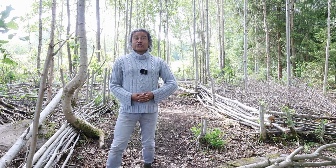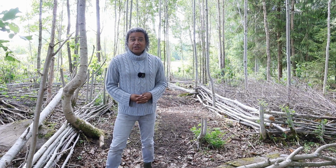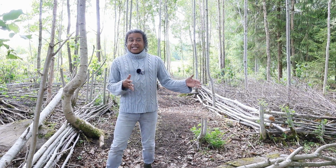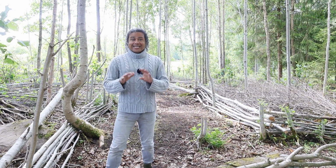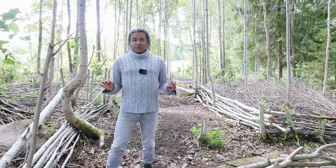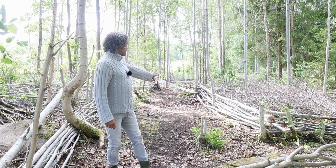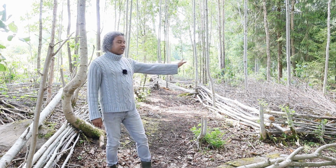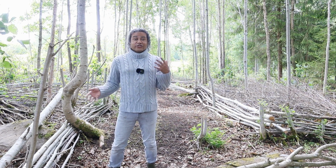Today we're out in the area of my garden called Crystal Woods, where I created a lot of new pathways during the winter so that I can get around and use the whole garden, because a lot of this area was inaccessible. I chopped down a lot of trees during the winter, and I've used what I chopped down to make these brush fences around different borders in this area, which in time will be filled with lots of different